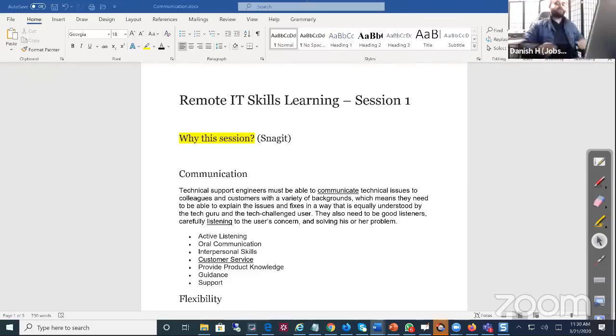So the first thing we want to talk about is, what is the title over here? And what are we covering right here? The title, we are naming this Remote IT Skills Learning. Now, that doesn't mean we're just talking about VPN. We're talking about anything that comes under this title. And this can get very broad at some level, but we're going to try to make it more focused towards entry-level stuff. And we're not going to go into very technical stuff in the beginning,